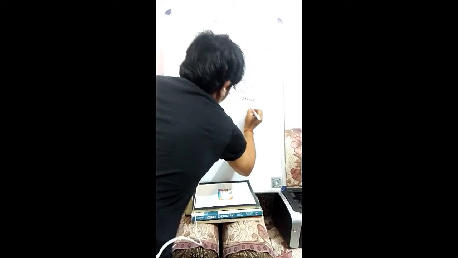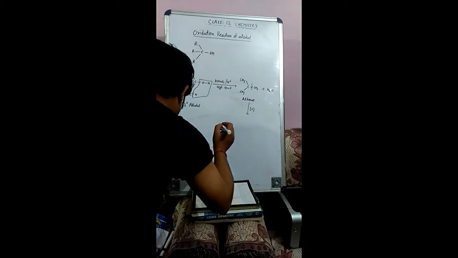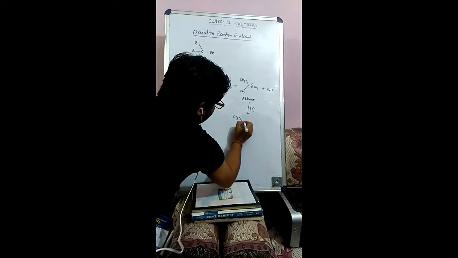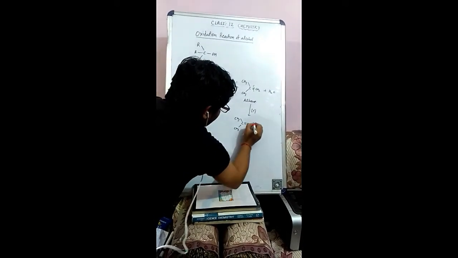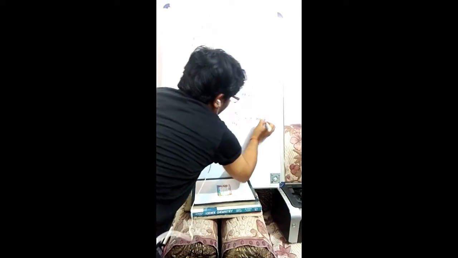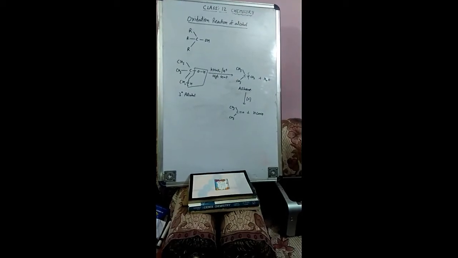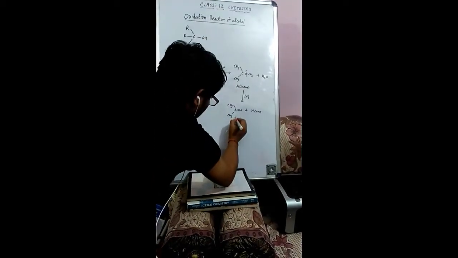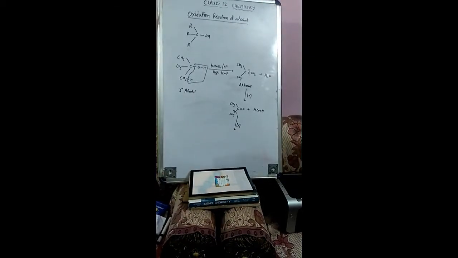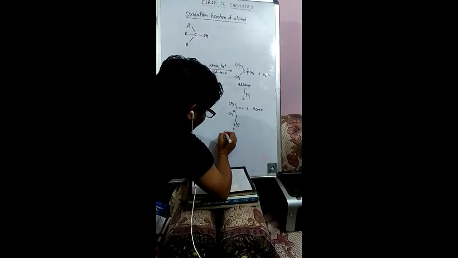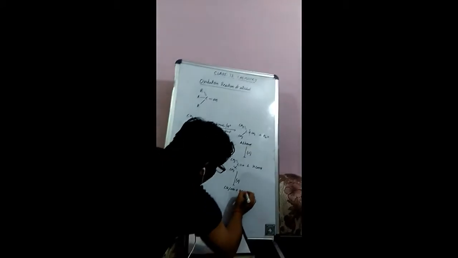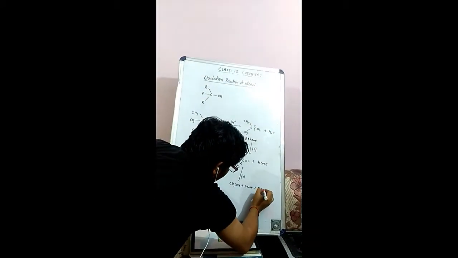When we do the oxidation again, we get CH3COCH3, that is a ketone, CH3 single bond C double bond O, single bond CH3, and we also get HCOOH, which is a carboxylic acid. Then if we oxidize this ketone again, this bond is split, and we get CH3COOH, and from here HCOOH.